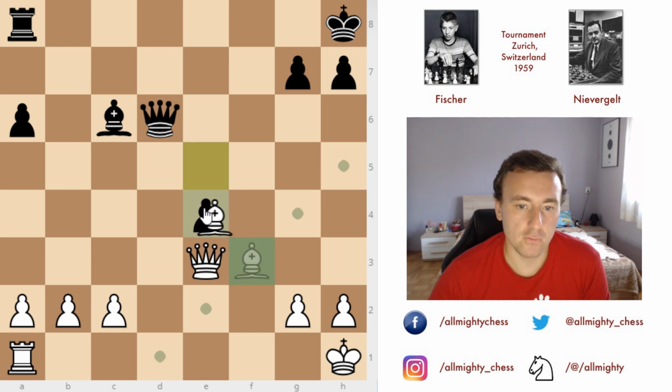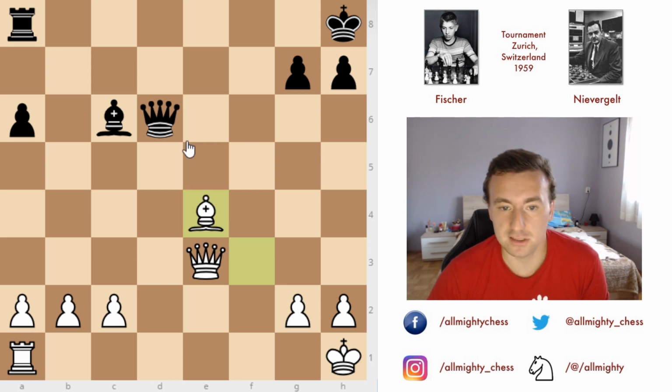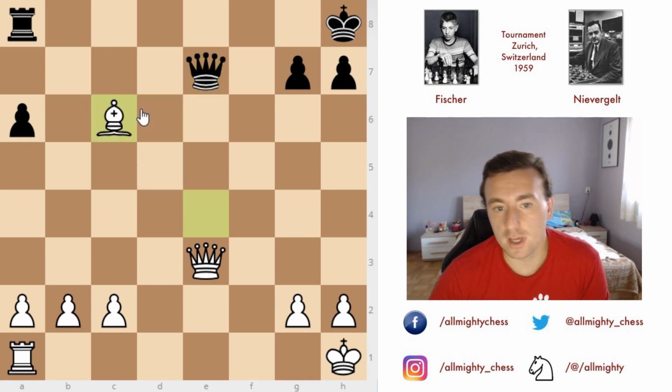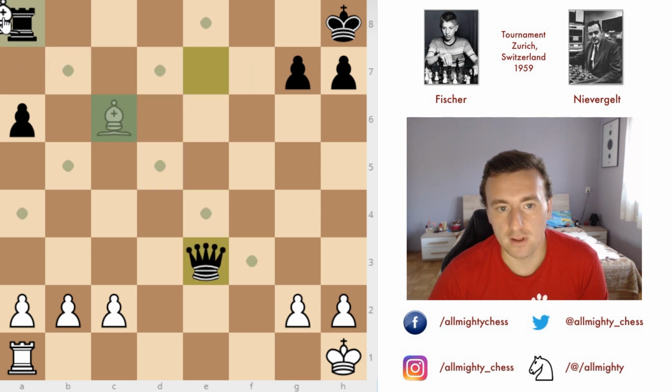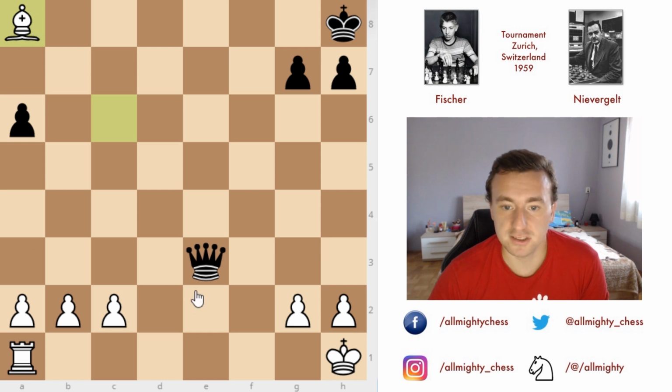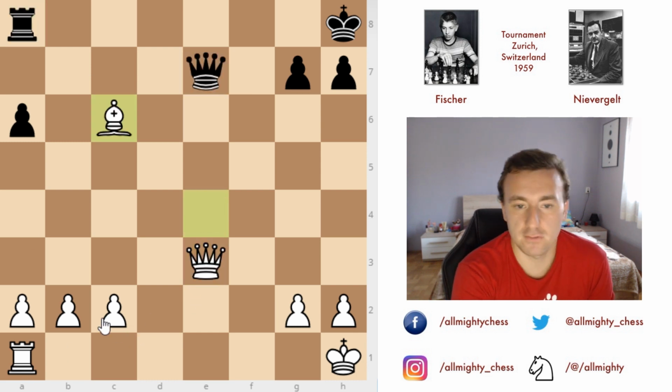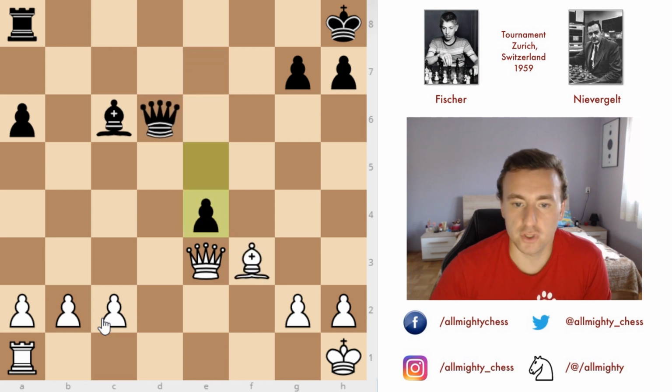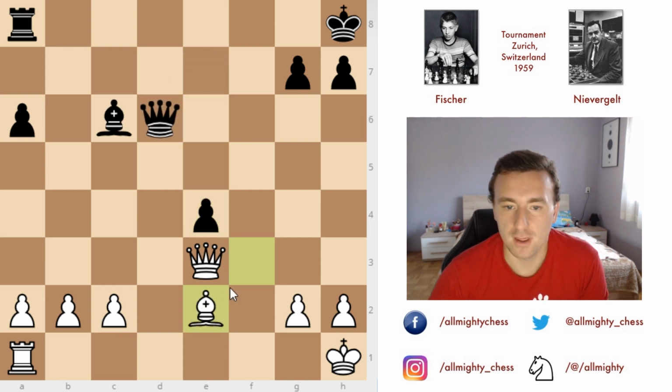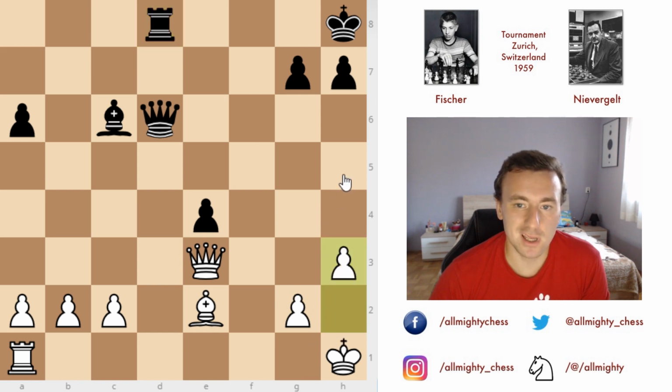e4, and now of course you cannot capture on e4, it isn't a free pawn, because queen to e7, pinning the bishop. And you can go into this variation where you have a bishop and a rook against the queen with two pawns, but why complicate your life if you can just simply move the bishop and continue with that pawn. Rook to d8, and now simple h3, making room for the king, h6, black follows the same idea, and